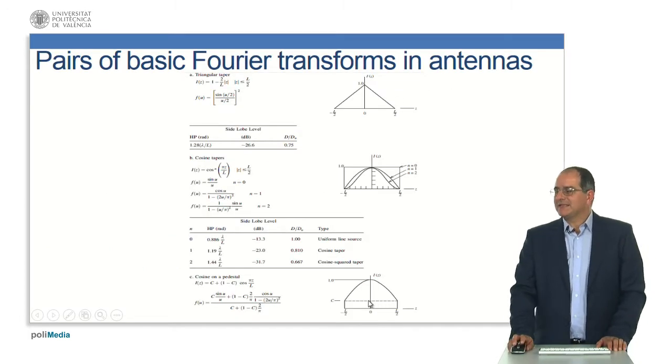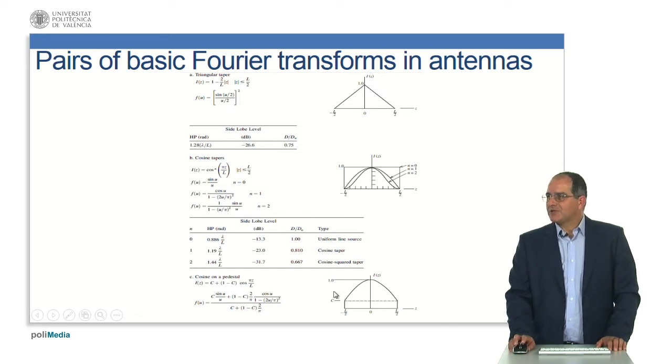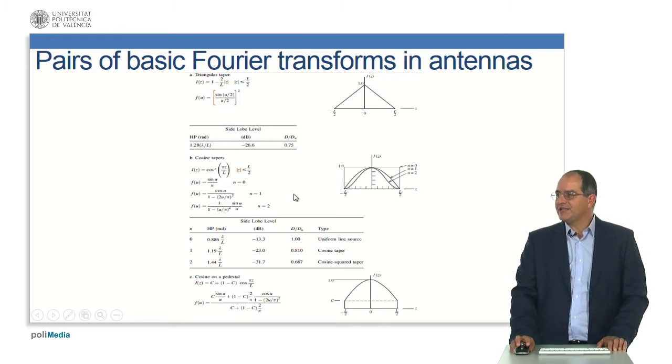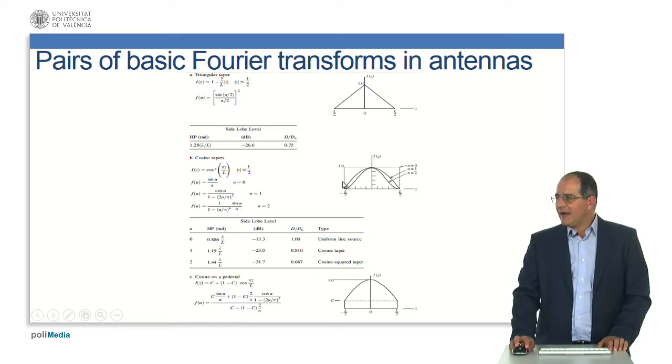If I summarize some typical pairs of Fourier transform, what I am trying to call your attention to at this very same moment is to consider two different typical excitations of antennas, current excitations of antennas. The first one could be a cosine fitting where the index of the corresponding potential of the cosine will be 0. This is the same as a uniform current distribution, which will be denoted by this